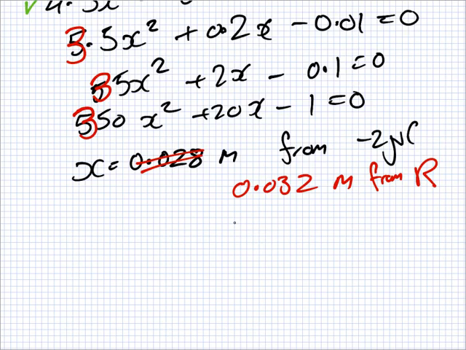Weird. My answer, let's double check, 350, 20. You get 2 answers. I should get 2 answers, I do. So, I'll just write them down again. I get